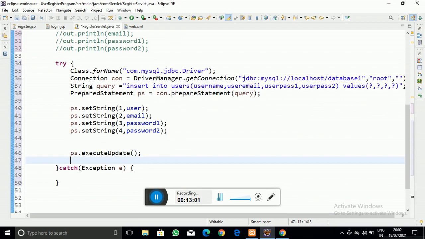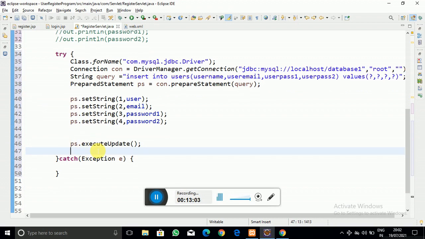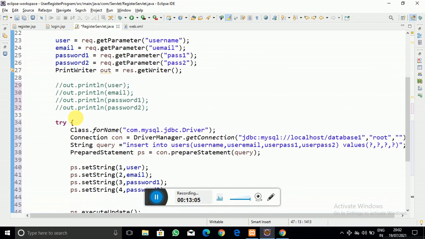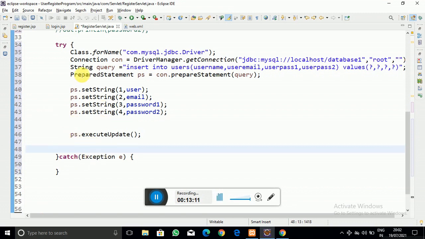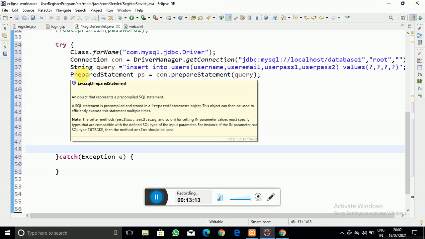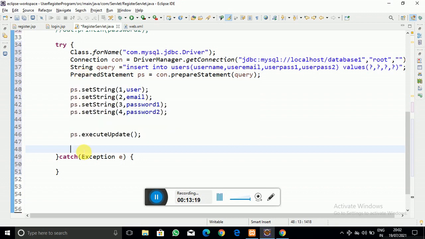Now if all the code is right, you can see that we have created the complete code to insert the data. So if all the code is okay, then the data will be inserted into the database. So to know whether the data is inserted or not, let us write some code like that,